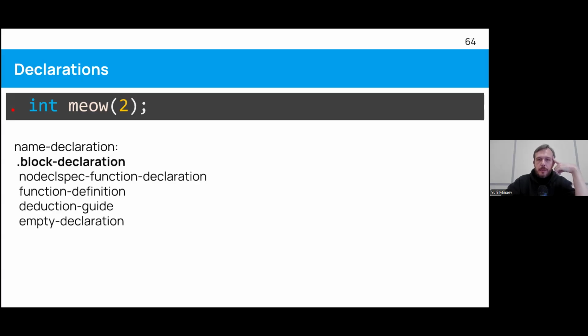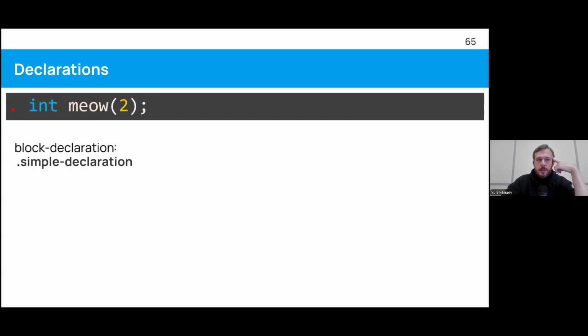It can be a block declaration. Which can be a simple declaration. And by the way, that's a trigger. Because in C++ grammar, if you see something labeled simple, be sure that it's anything but simple. We'll see in a moment.